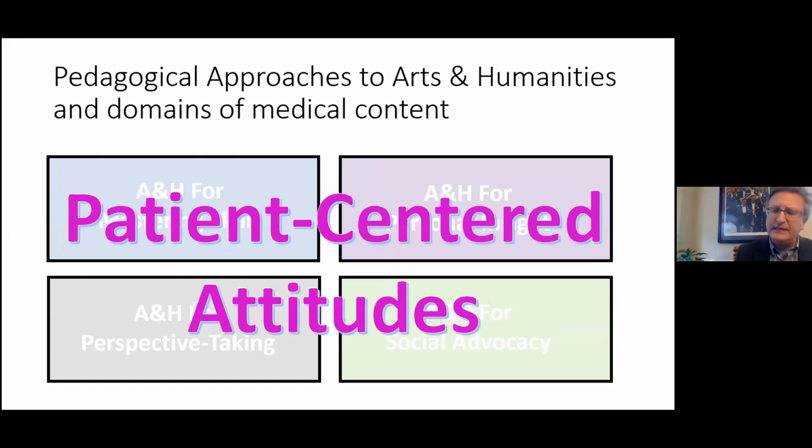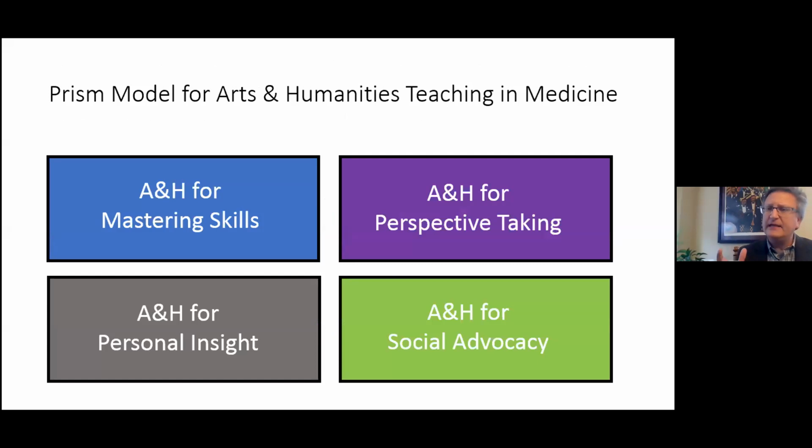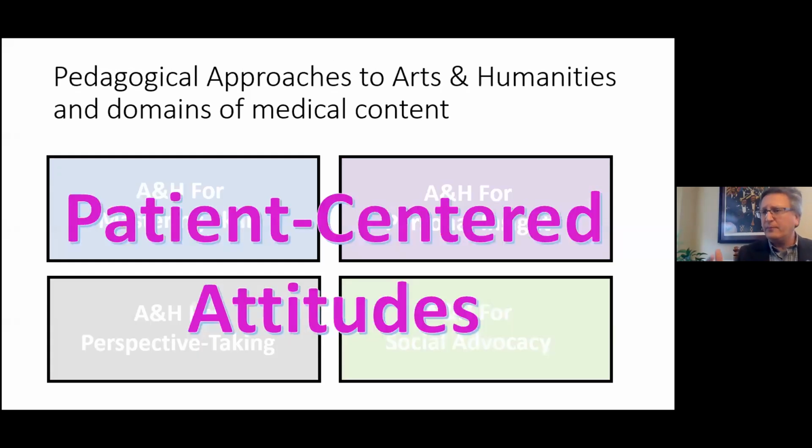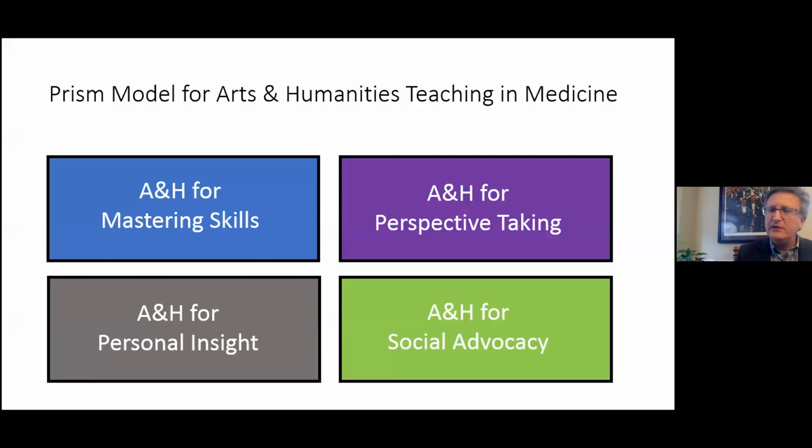The idea is that these four act as lenses through which you can look at your particular content that you want to teach. And by looking through the different lenses, you may actually see and have different ideas about how you want to design your educational process and how you want to execute it when you're with the learners in